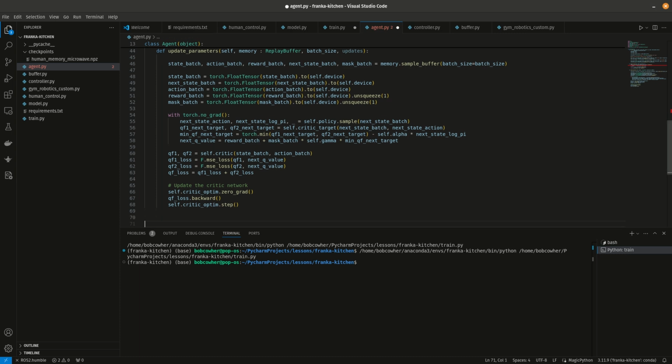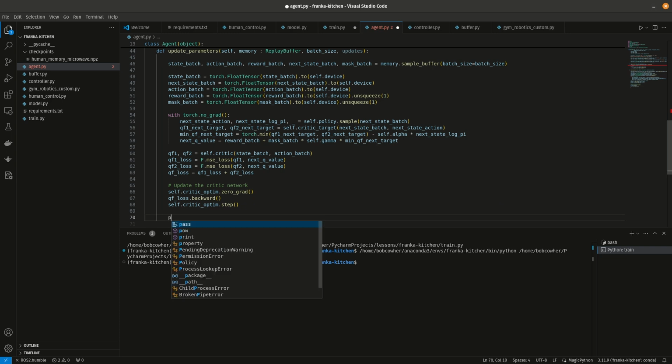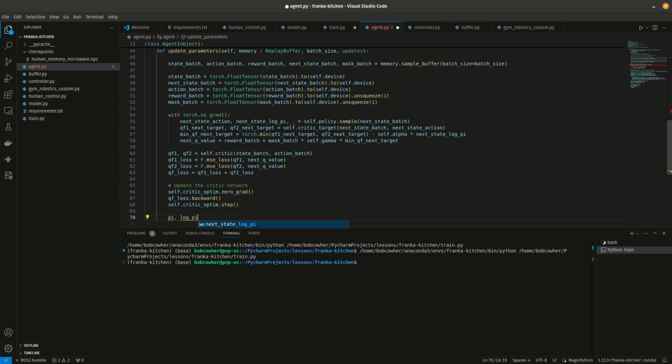Next, we will start working on our policy network. So pi, log pi, underscore equals sample. And by the way, pay attention to where I'm putting the underscores. These methods return a certain number of parameters. The underscores are meant to capture parameters that we are not going to use. If you don't have them, it will error. So we'll do